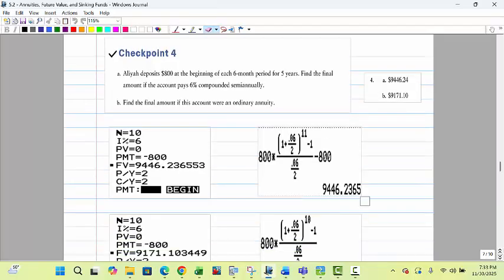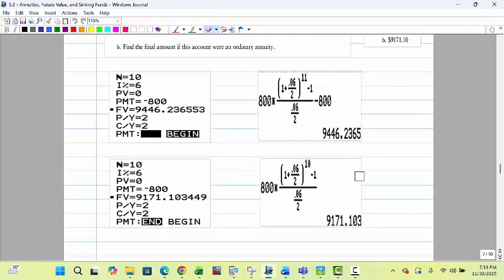944624, just like we got right here. Now the next one in the formula, you see there's no subtracting off 800 at the end. That's one difference, and the other difference is your exponent here in the formula is 10 and not 11. So you got a different exponent, and you don't have the minus payment at the end. There's your new values,